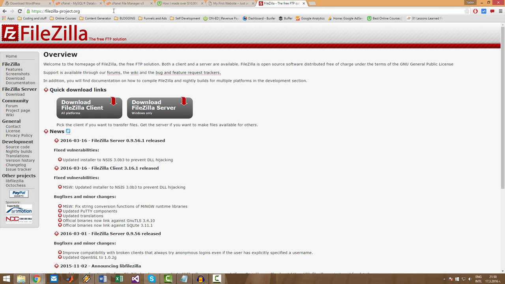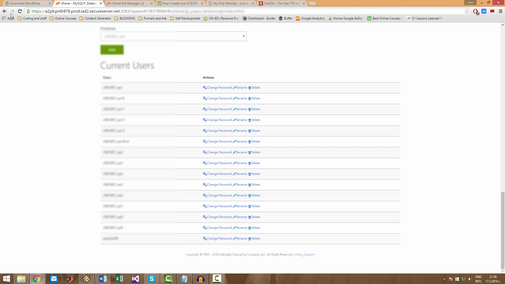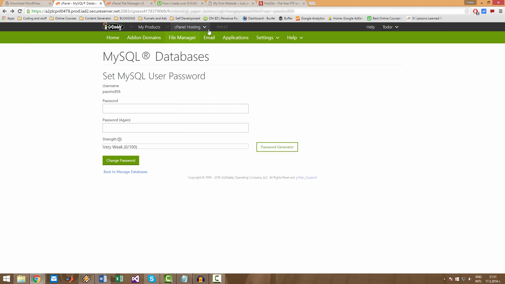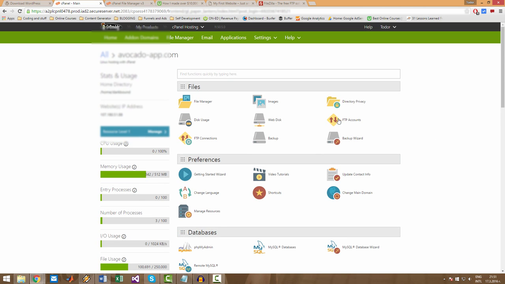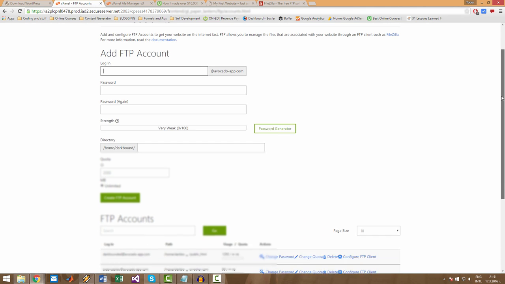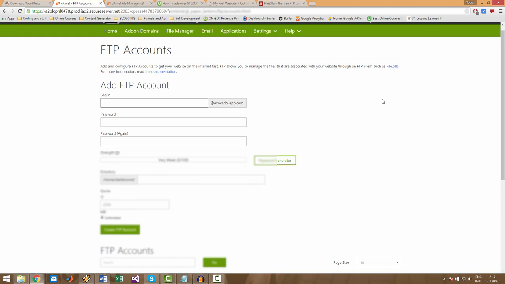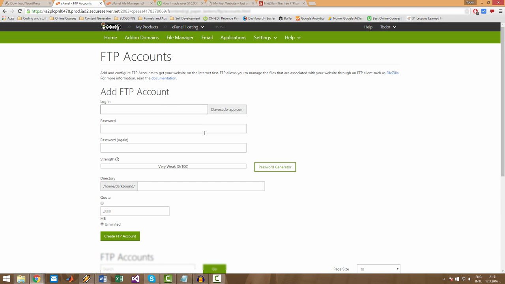And after you download it, you have to go back to your control panel. Let's go to my control panel. All right, and when you go to your control panel, you have to click on FTP accounts. And when you go there, you have to create a new FTP account for your website. So simply select some username. So let's say my FTP test account with the password my test account,